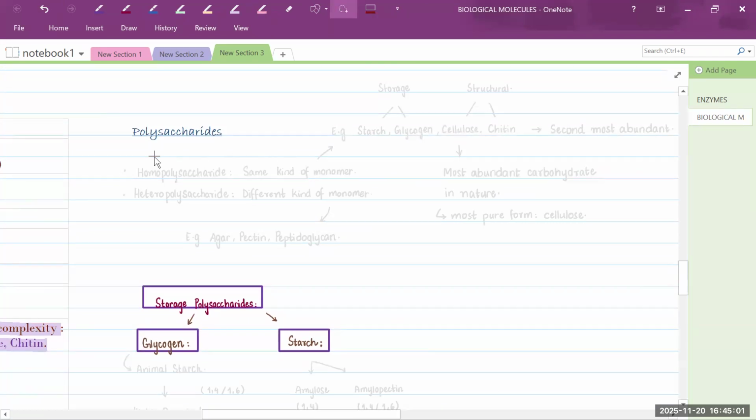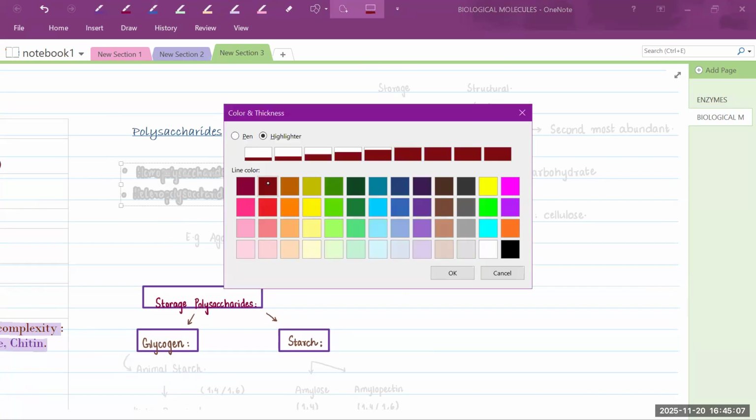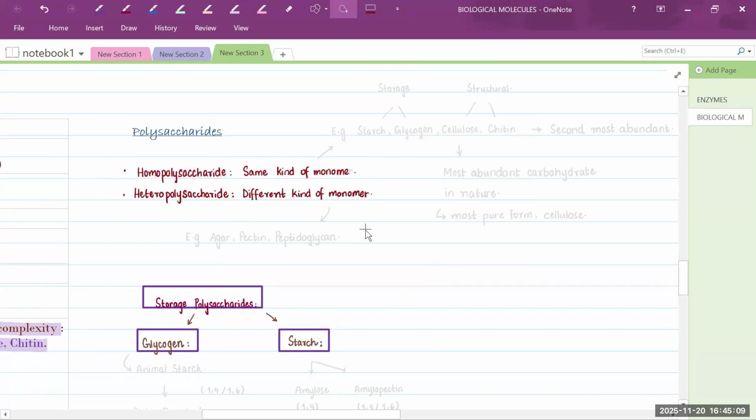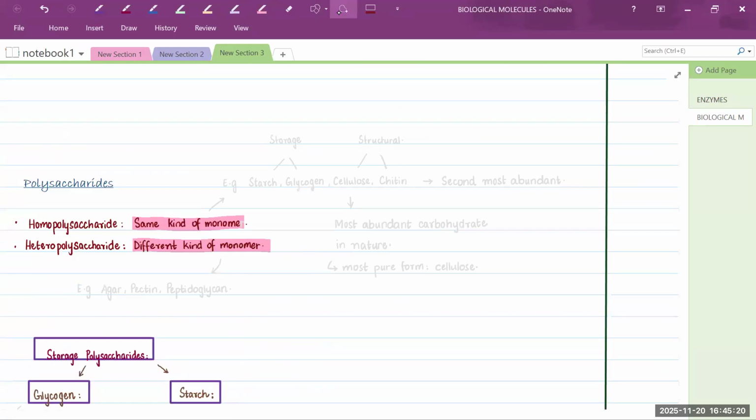They can be of two types. They can be homopolysaccharides or heteropolysaccharides. What does it mean by homopolysaccharide? It means that they have the same kind of monomers, and here it means that they have different kinds of monomers. And the examples for homopolysaccharide will be